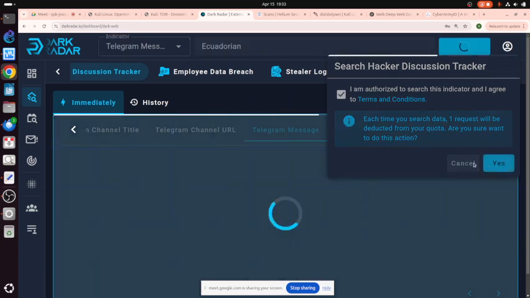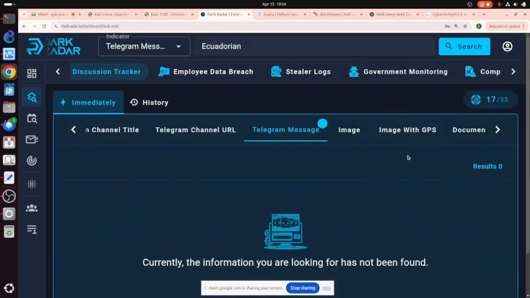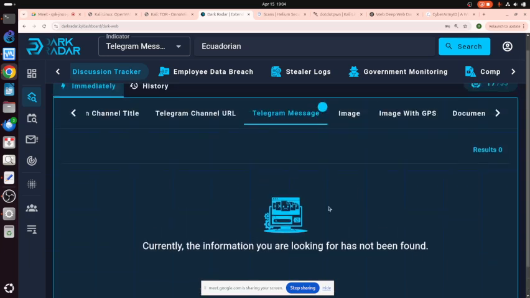I'm not authorized actually to do this. Anyway, I pretend to be authorized to check for Ecuadorian government. Okay, Ecuadorian, you are fine. Indonesian, you are not fine. Okay, Ecuadorian is okay. So far, nothing detected in the dark web on Ecuador, so you are okay.